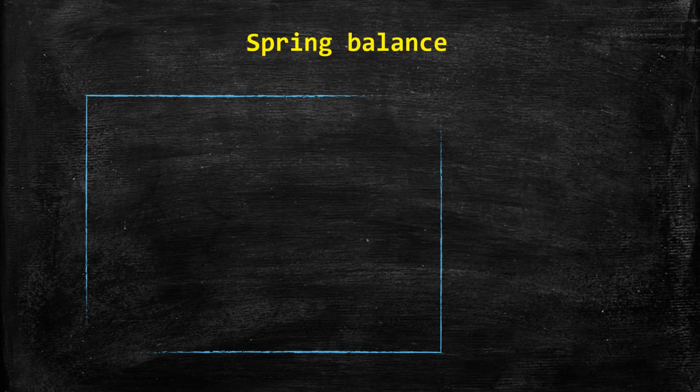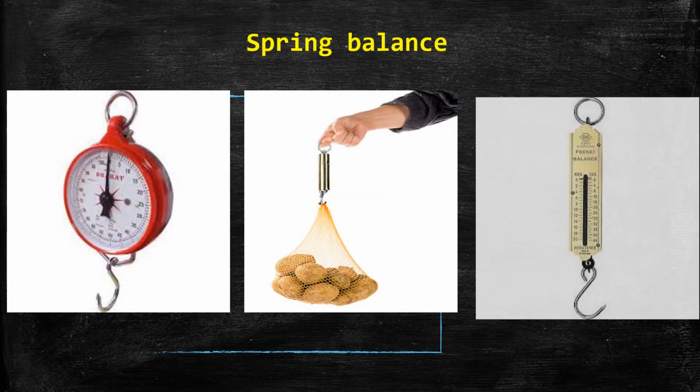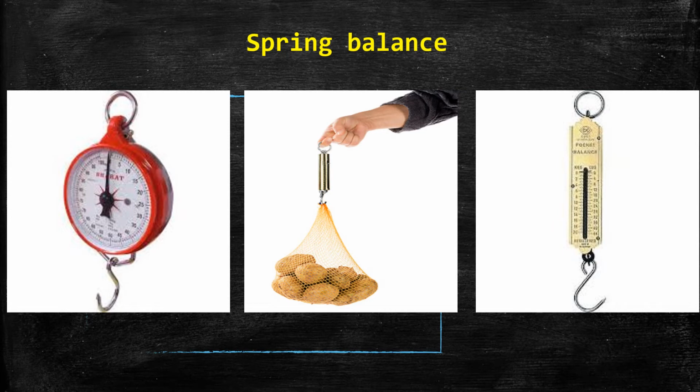Let's discuss spring balance. Look at these pictures. These are different types of spring balances. Look at the second picture. What is there? Potatoes are hung with the help of a hook. Now, what is the use of this spring balance? To weigh an object. But how is an object weighed on the spring balance? Can you imagine? Yes, because